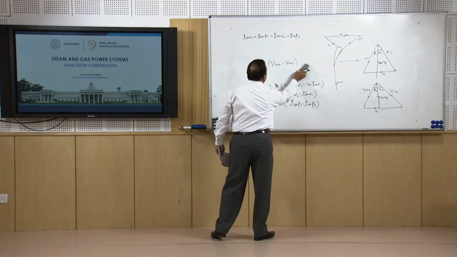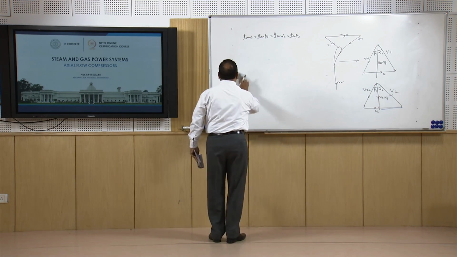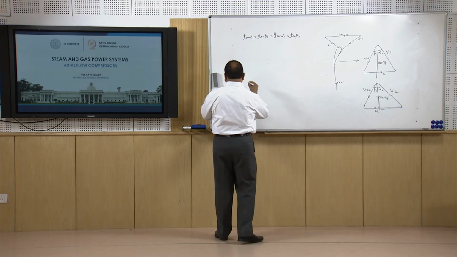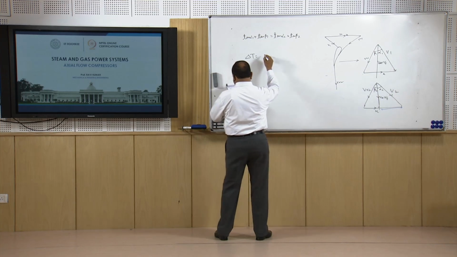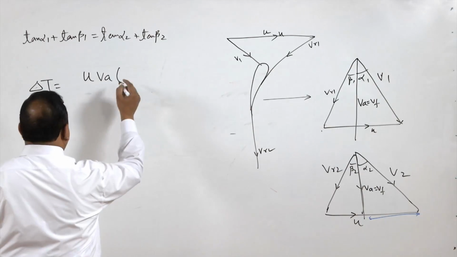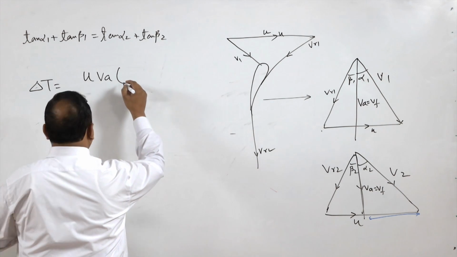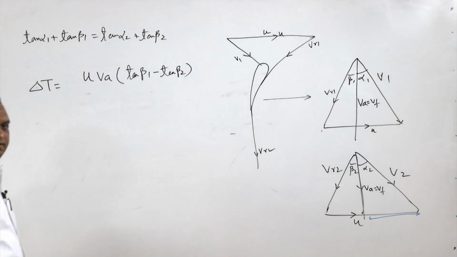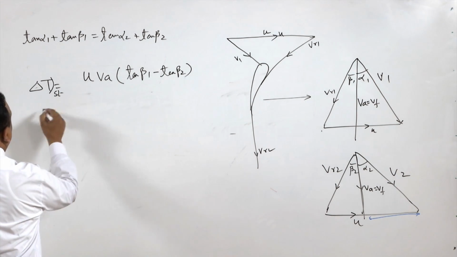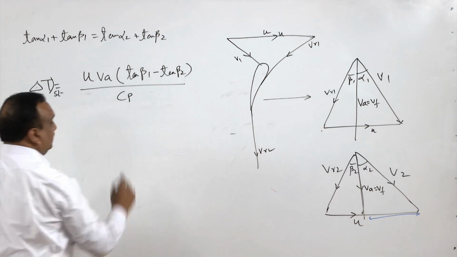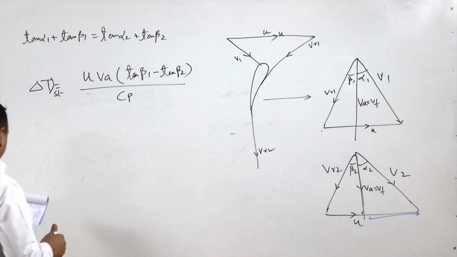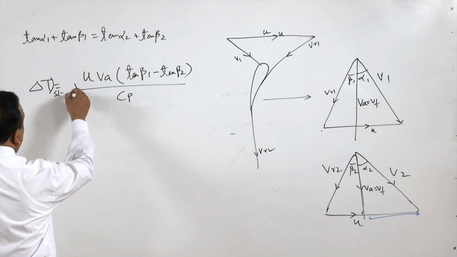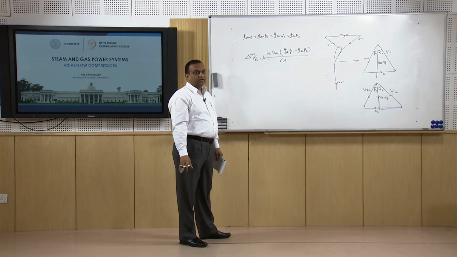Now, temperature change in a stage, because in compressors normally we have to find the temperatures at different stages. So, temperature change in a stage, del T is equal to, we will take the work, U VA into tan beta 1 minus, let us say, tan beta 2, right, and delta T per stage is Cp delta T. So, divided by Cp, that will give the change in temperature in a stage. There is an expression we will discuss later on, that is work done factor. When we want to have actual temperature rise, it will be multiplied by the